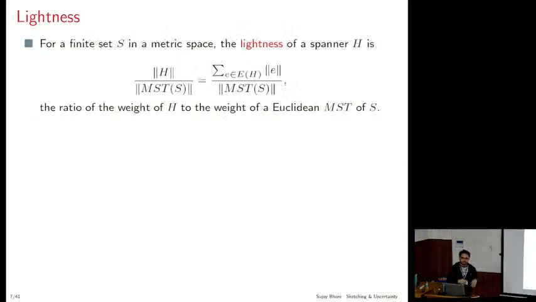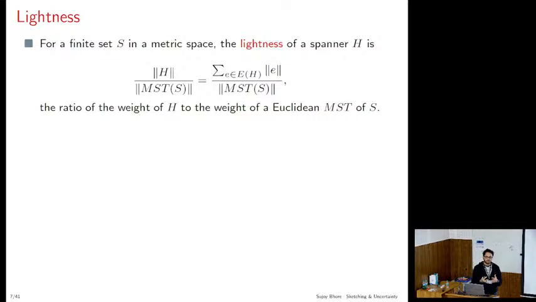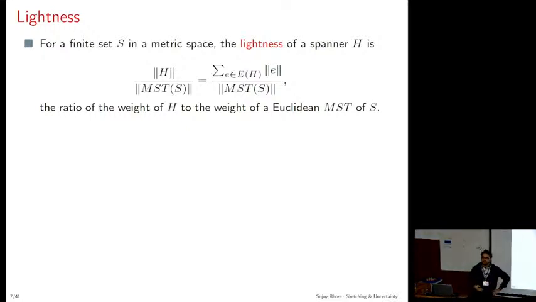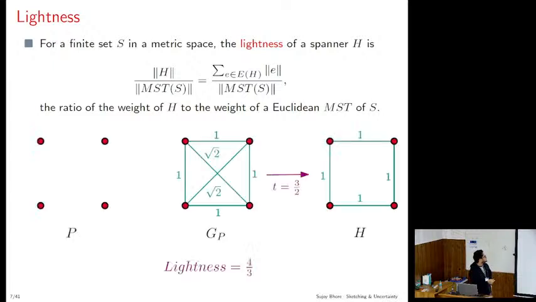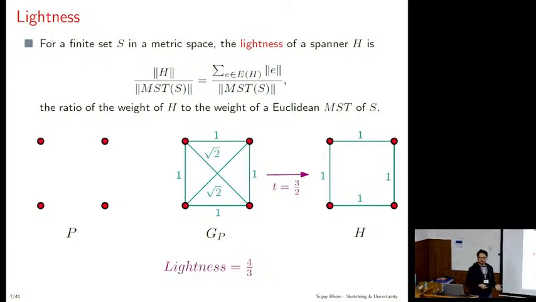All right. So let's move to the other side of the story. We want less costly solutions as well. So how do I define the cost of a spanner construction? It is the ratio of the sum of the edge weights to the weight of the MST. We know that MST lexicographically chooses the edges. Therefore, MST is also the least costly solution, so we can charge against this. In the same example, one can see that the lightness is the same as sparsity if you report the outer cycle as your spanner.